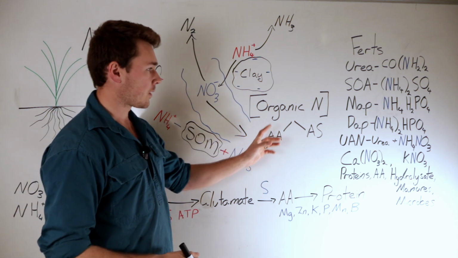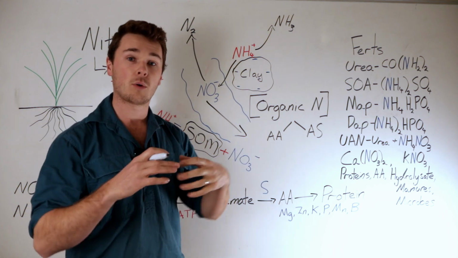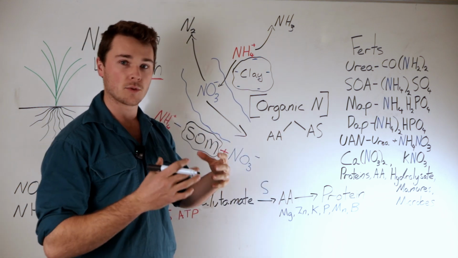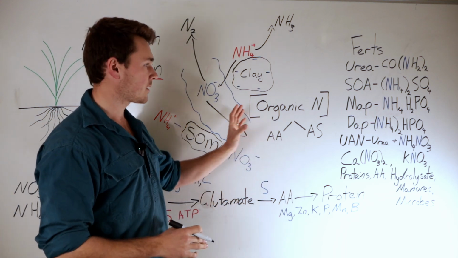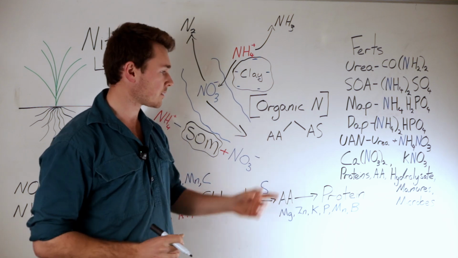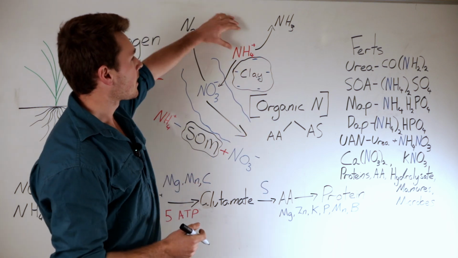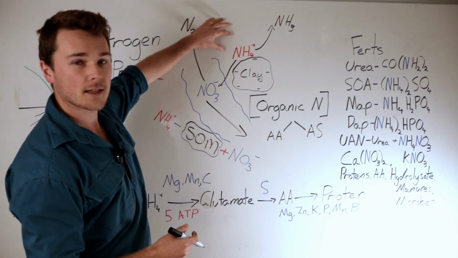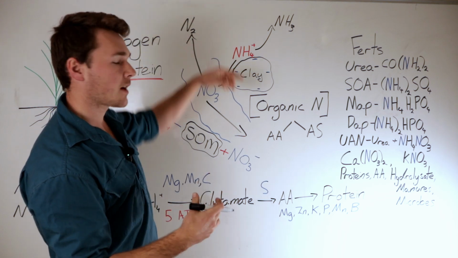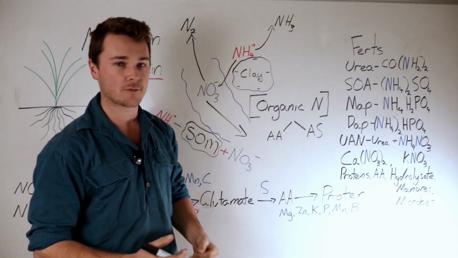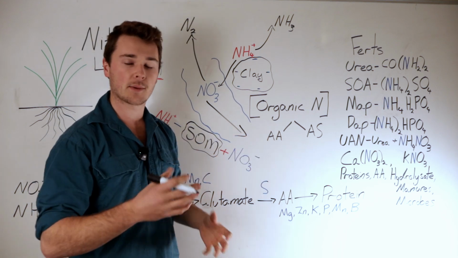Now, the really beneficial thing about the organic nitrogen is that the plants can actually take up the whole component, so the whole amino acid, and use that. And then we'll talk about the importance of that and why it's so beneficial a little bit later on. But just in terms of the charge, the organic nitrogen doesn't have any charge, which means it doesn't have an acidifying effect on our soil like, say, ammonium does, because when the plant comes, it has to exchange a hydrogen ion for this ammonium. So it creates more hydrogen in the soil, which means it's going to acidify it a little bit. When you have organic components or organic nitrogen, it can just simply take that